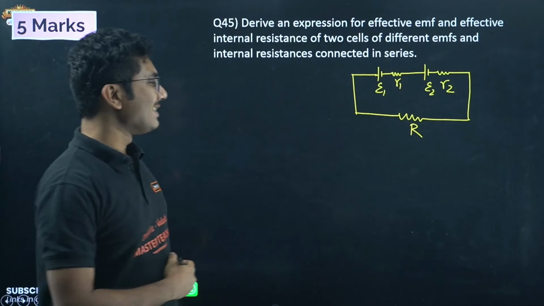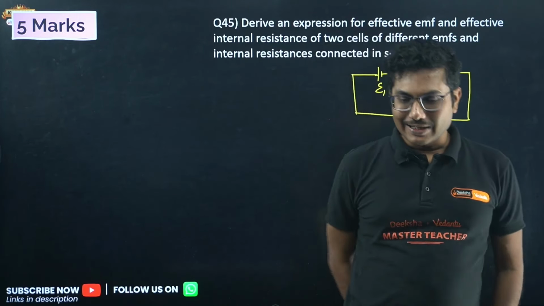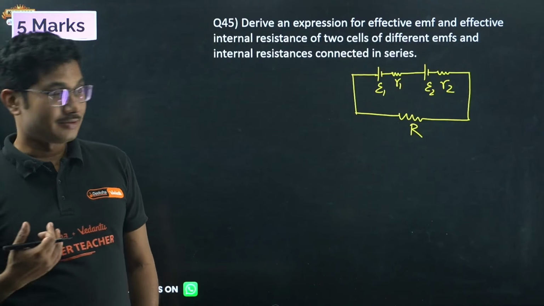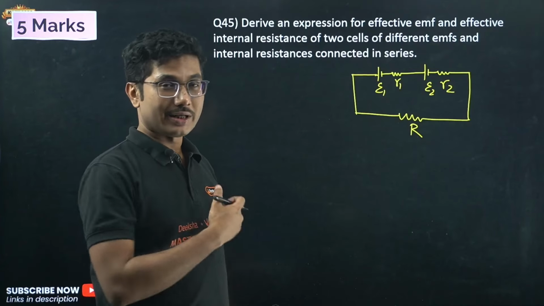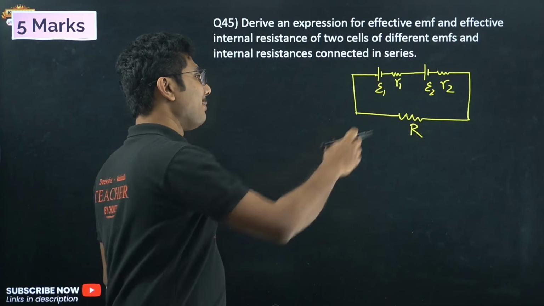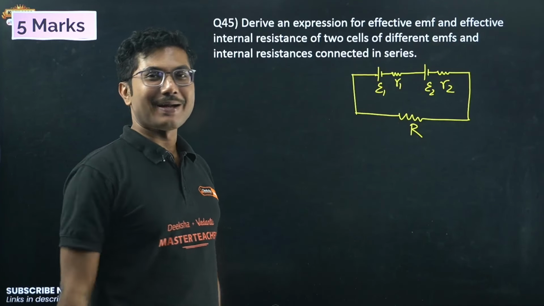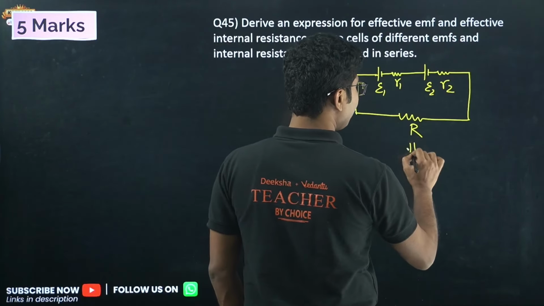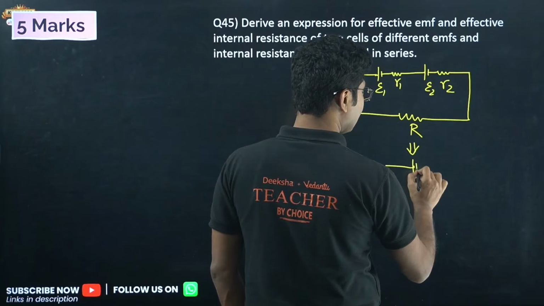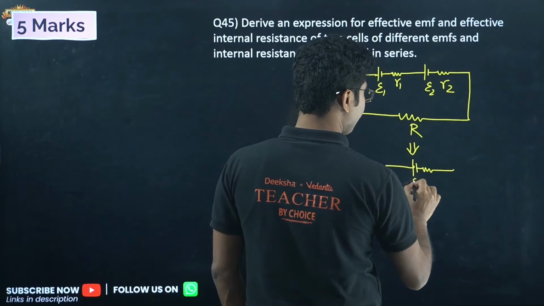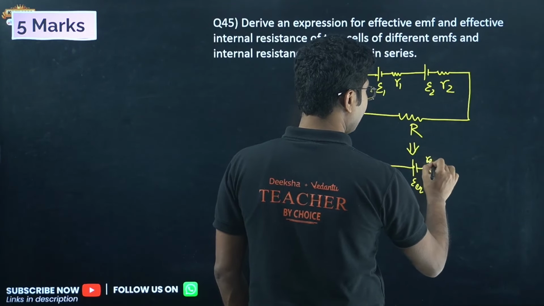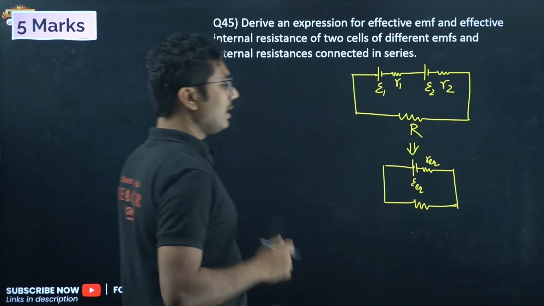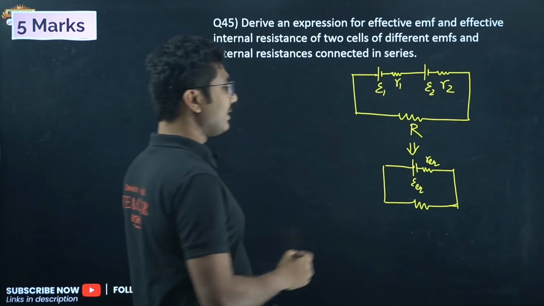Irony is, when we are trying to see the capacitors in series or parallel, or in case of resistors in series and parallel, even though I have not done it in this particular lecture, we use a battery. Now when we are saying that cells are in parallel, we use a resistor. Resistors remain the same. So the equivalent circuit will have only one battery or one cell. So this is epsilon equivalent, this is R equivalent, and the external resistance remains the same. So we have to find this epsilon equivalent and this.